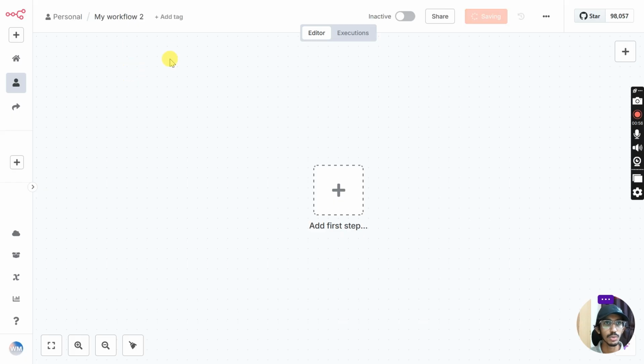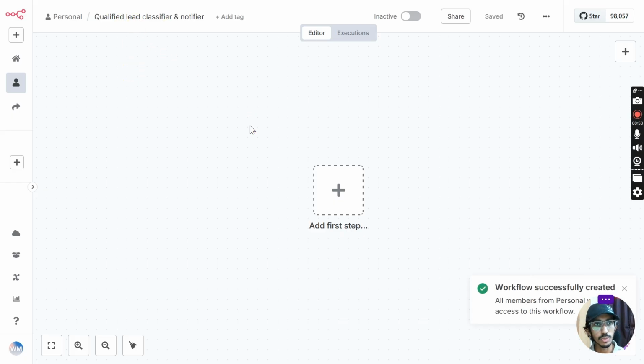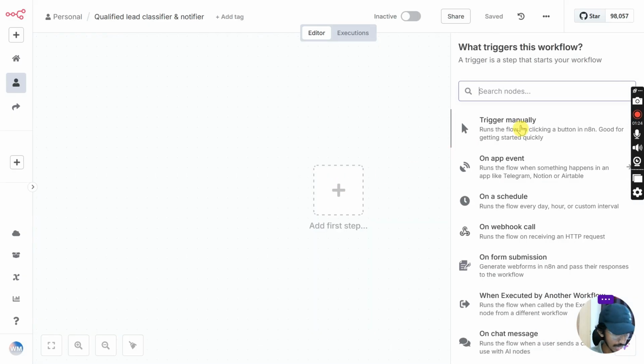Notifier. So the primary purpose of this workflow will be to take the qualified leads input from our first AI agent, and then as the lead is already qualified, it will classify them based on 2 categories that we set earlier, and it will notify the related sales guy on our team. So as usual, we need some trigger nodes here, and we are going to trigger it through